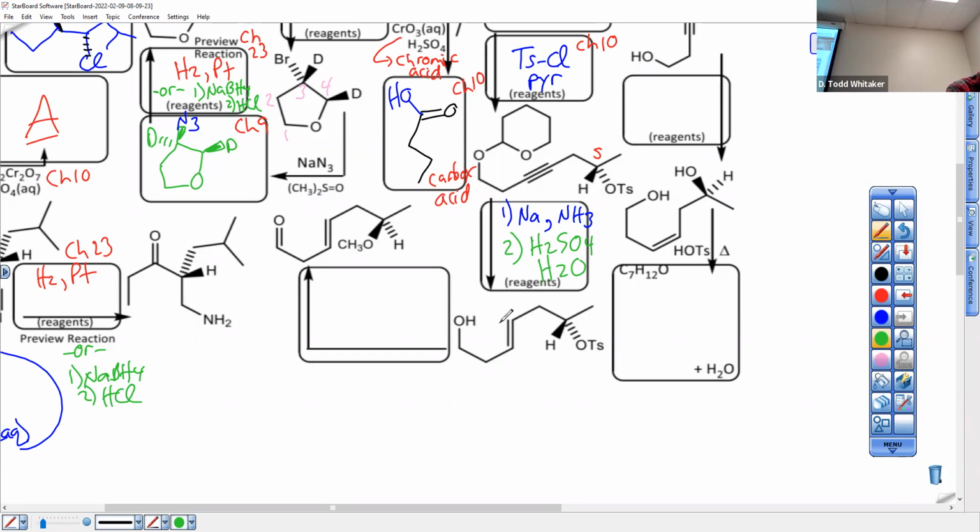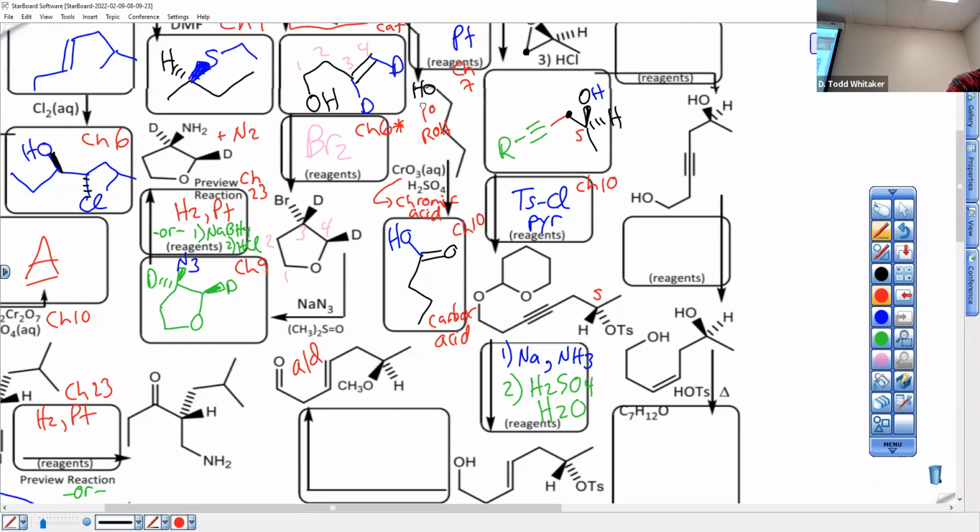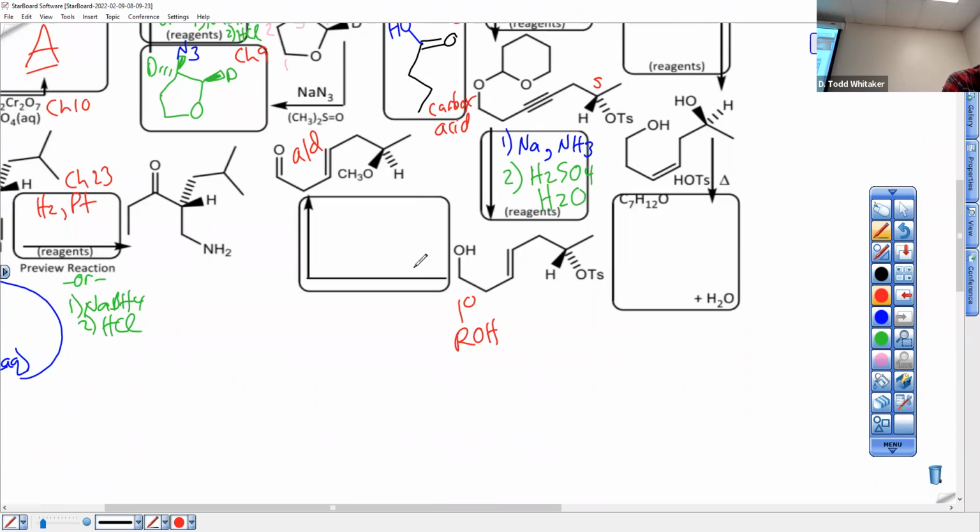Okay, now I need a chemical that converts a primary alcohol into an aldehyde. Do not give me anything that makes chromic acid. We already established that things that make chromic acid with primary alcohols make carboxylic acid. Give me another chromium, please. PCC. Step 1. PCC. Step 2,